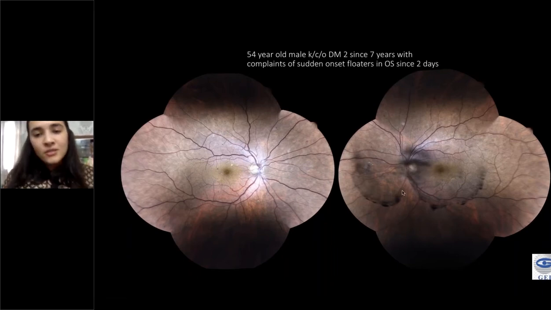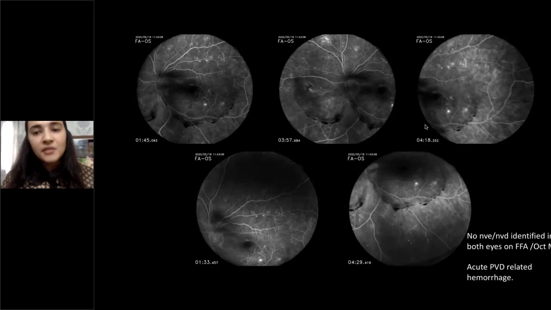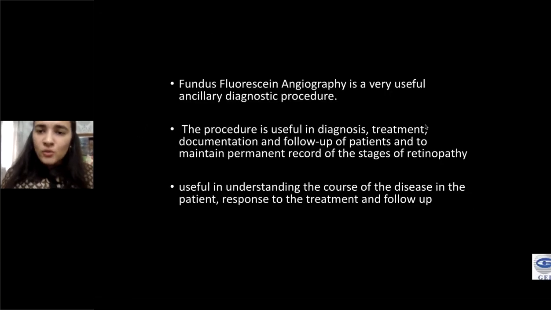Now, at one glance, one may think he's a diabetic, he has a bleed, it's a diabetic bleed. But once we did the angiogram of the left eye, of course, you see the beautiful blocked fluorescence in the left eye, a few microaneurysms in the right eye, but we were not able to identify even a single NVE in all the quadrants. So it was a PVD-related bleed in a diabetic. You don't really need to be very aggressive about PRP and other things. You just need to keep him under metabolic control and frequent observation, because such PVD associated with hemorrhages is at high risk of retinal breaks. He had no retinal break. We are just managing him conservatively. He just came to our clinic last week. So that was my last case.